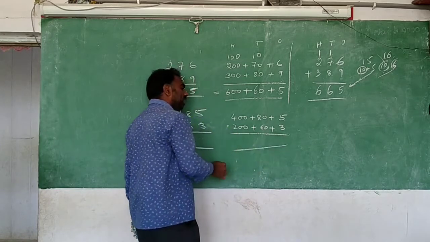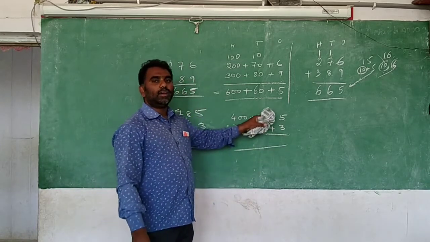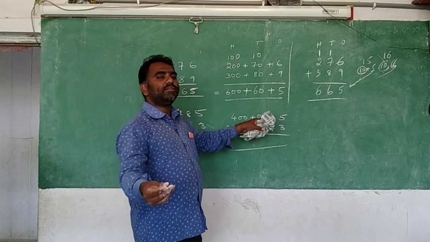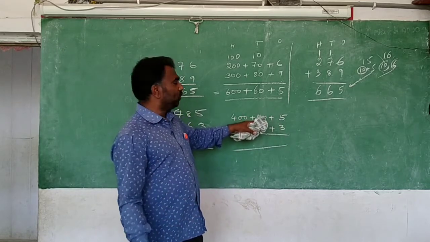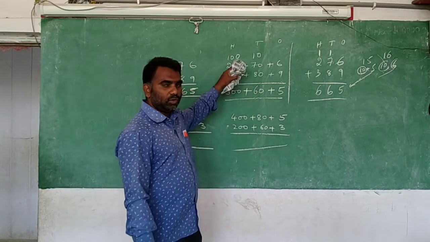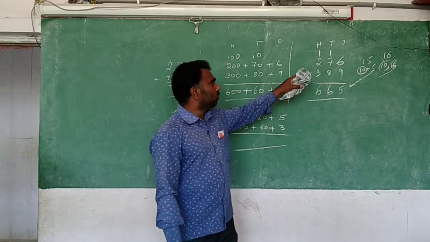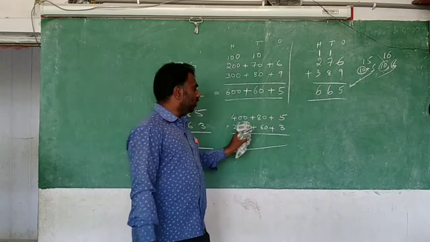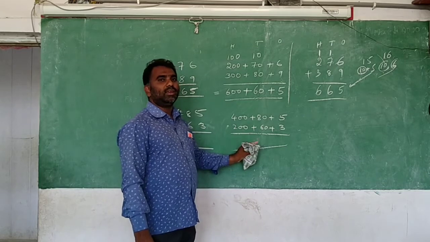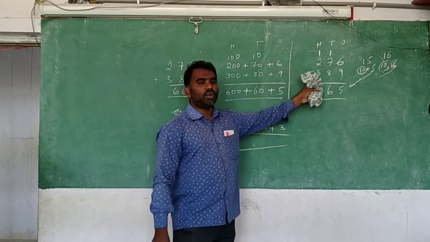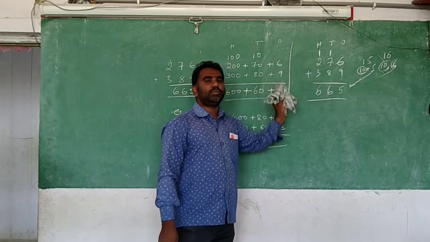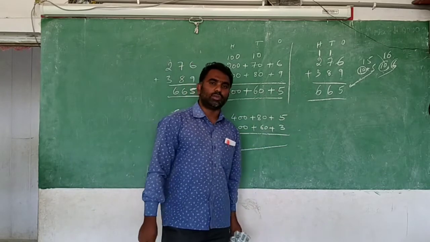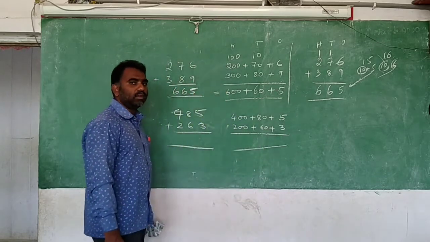So first we will learn by this method, but in future in the word problems, wherever we are using this, we need not do this method. We will do the short method only. But this is the meaning we are gathering, from which we follow that short method. We will use the direct method only, but this is the meaning we are going to learn.